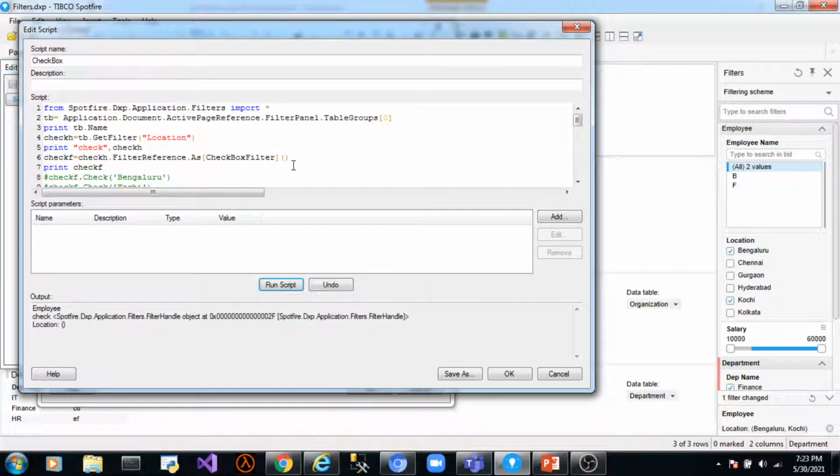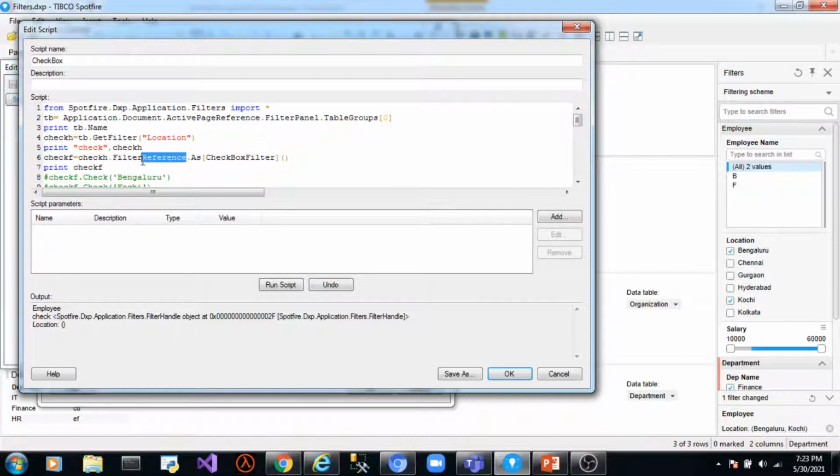So the steps are the same as other filter types. First we get an instance of the table group whose checkbox filter we are trying to access. Then we use the command get filter to get the filter handle to that checkbox filter. Here we pass the name of the filter, location, because we are trying to access the filter location. This get filter returns the filter handle to the filter location, which is stored in this variable check h.